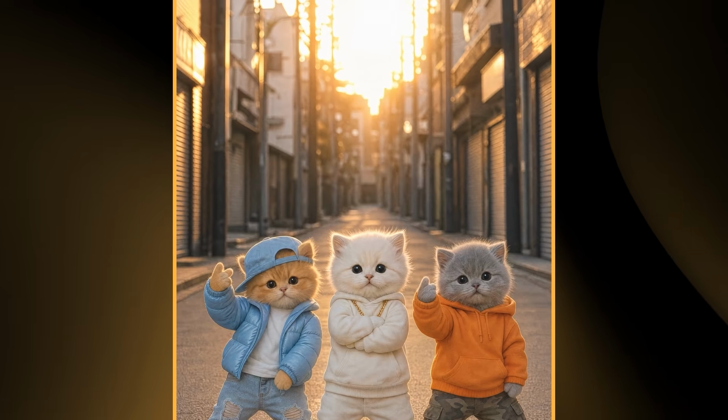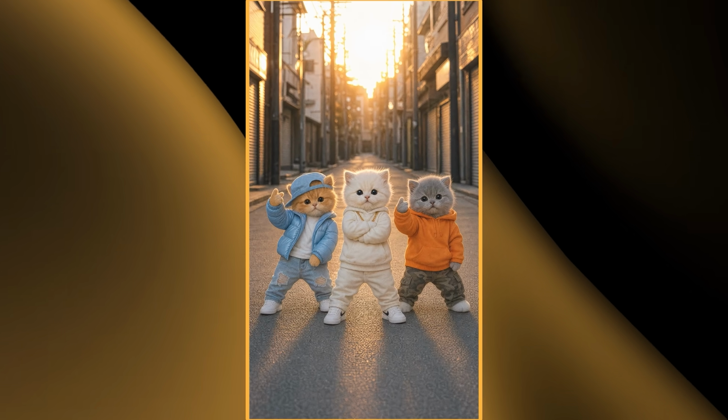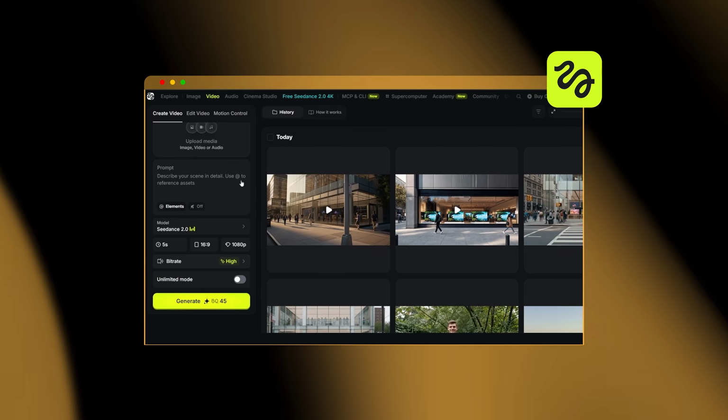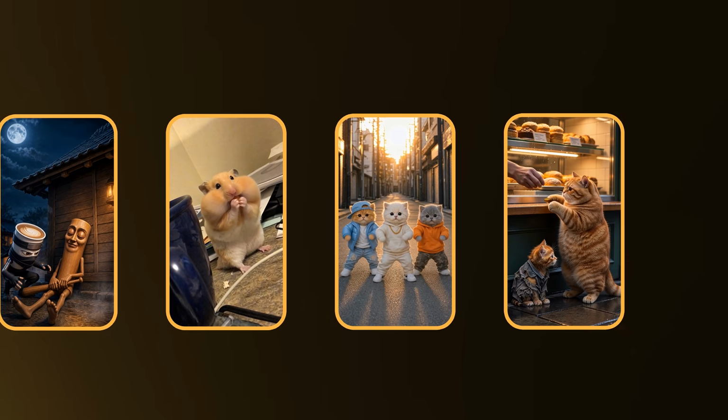So the first format is one you've definitely seen already. 3 little cats in streetwear doing a synced dance down an alley. And it looks way harder to make than it actually is. Because normally, getting 3 characters to dance in sync without their clothes or their faces changing is the kind of thing you'd need a real animator for. You just make one picture first and then you animate it, and that's the formula behind every format in this